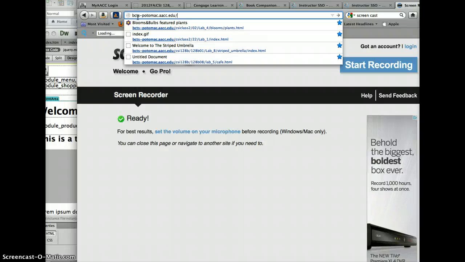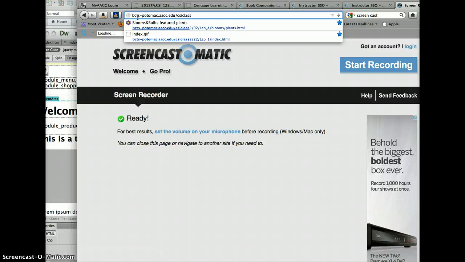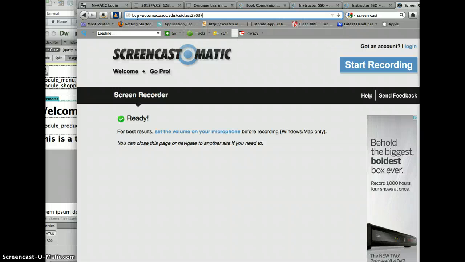I'm going to type in the first part of my username, CSI class, and 2. That should be the same for everyone. Now, since I am 03, my username is 03, I'm going to type /03 / lab,